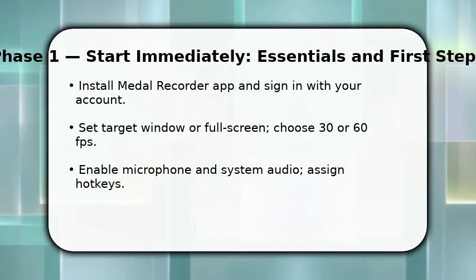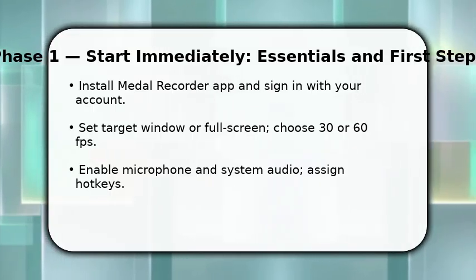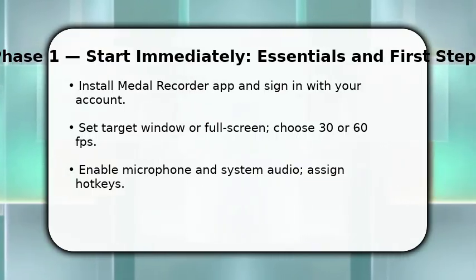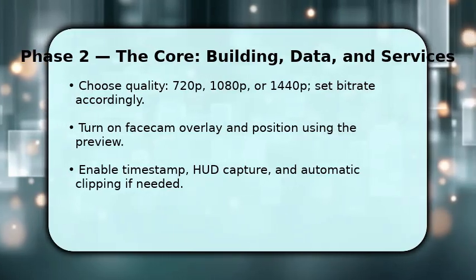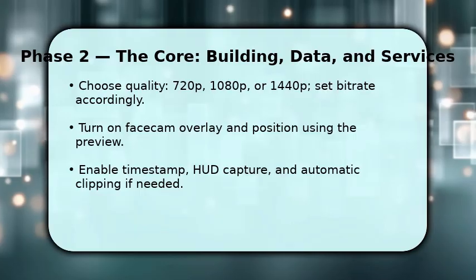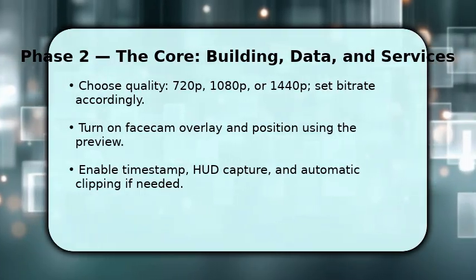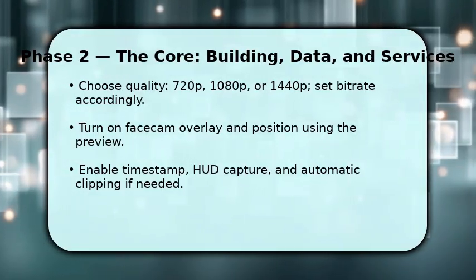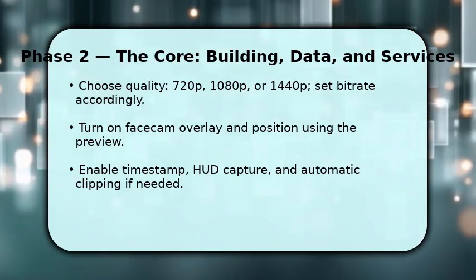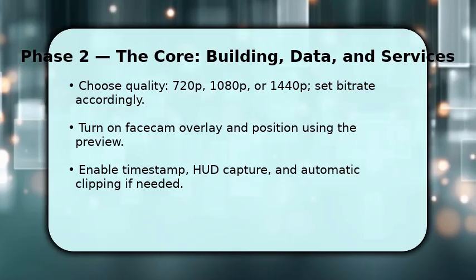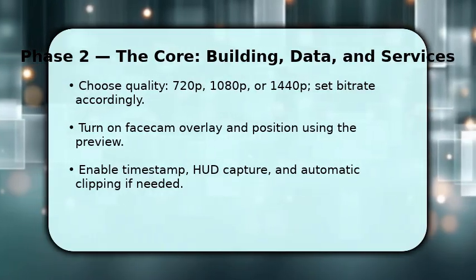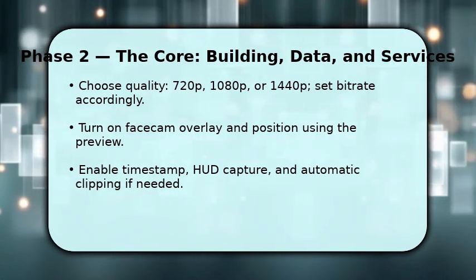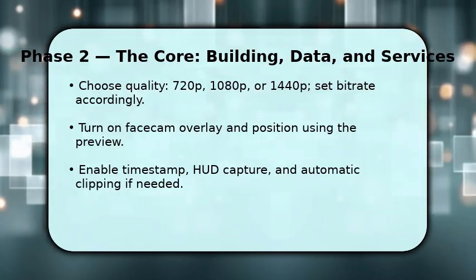balanced. You now tune quality and on-screen elements to match purpose and file limits. Set resolution to 720p, 1080p, or 1440p, and adjust bitrate so files are manageable. Higher bitrate reduces artifacting. Then enable Facecam overlay, drag it to a corner using the live preview, and resize to avoid HUD obstruction. Also, enable timestamp and HUD capture if you need replay context, and turn on automatic clipping for high. You finish by stopping the recording with your hotkey and saving the file with a clear name for easy